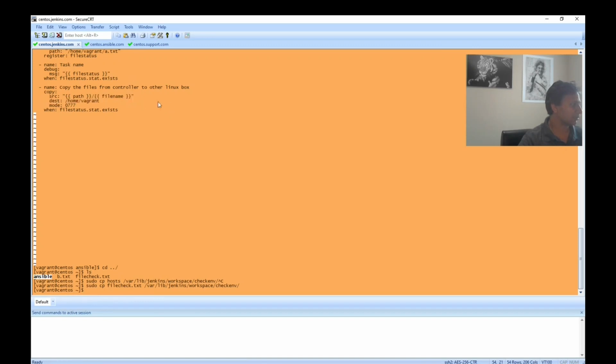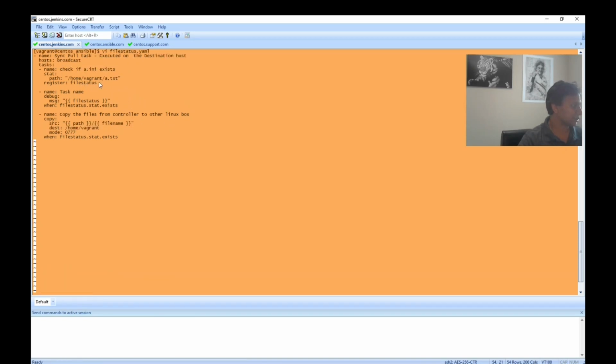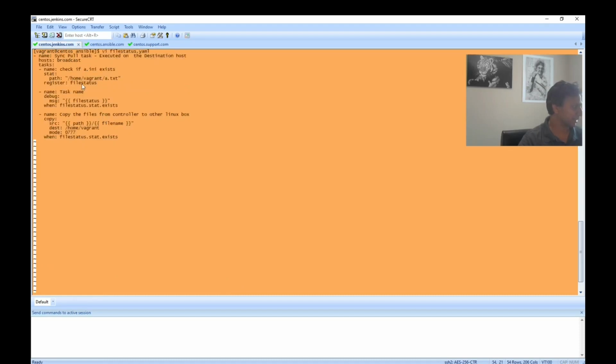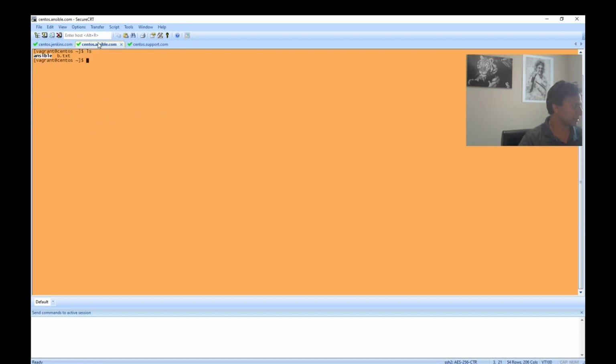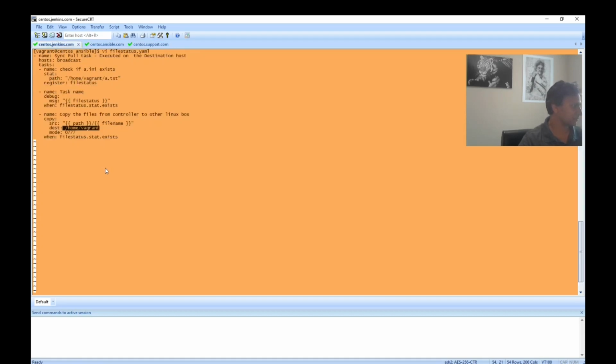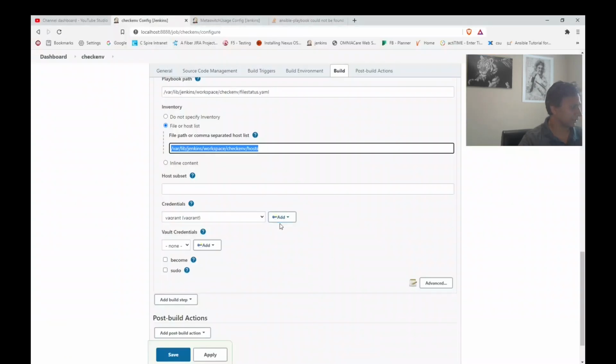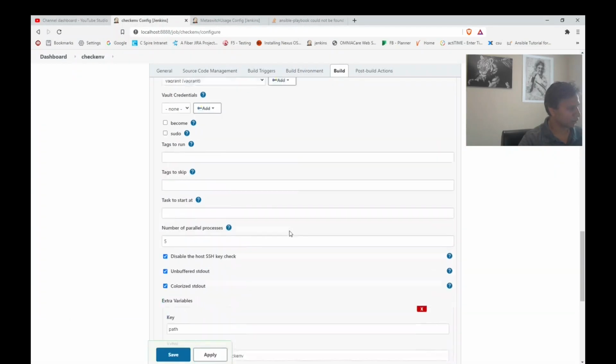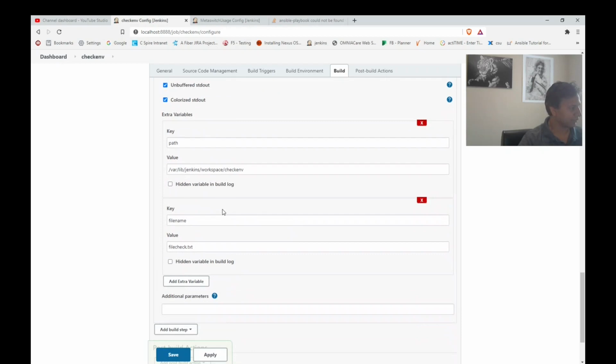What I'm trying to do is, if it checks that a.txt is available in its destination path, then it will copy the file from this given path to home vagrant in these destination machines. How I gave it over here, if you see, in advanced, I am giving these two external variables, path and the file name.